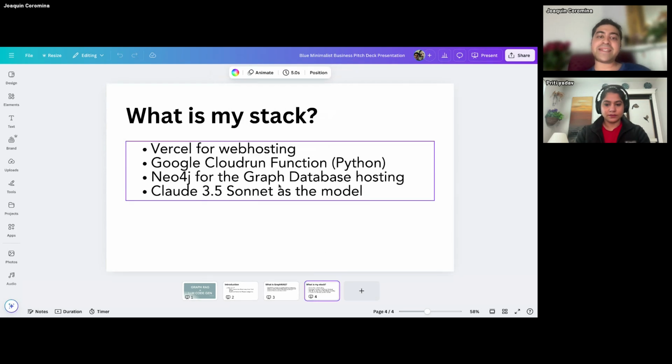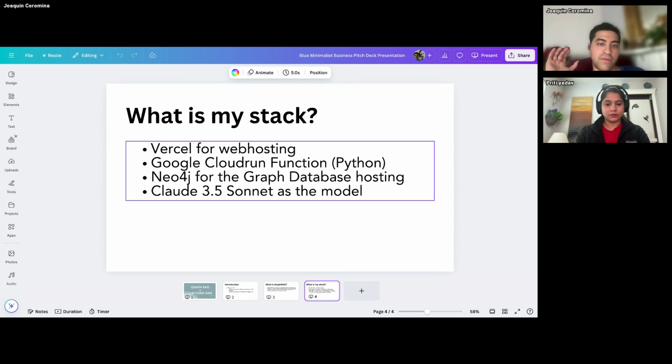So my stack with regards to how I built this project was a pretty basic stack. I just wanted to quickly do a proof of concept. Some of the things I used for this stack, including the language and the model, might seem a little bit dated because I did build this project last year. I will give some insight into how I think it can be improved this year, given the current state of models and tooling, and also moving forward where I think it fits in with the development of LLMs and context tooling and MCP. So that will come a little bit later.